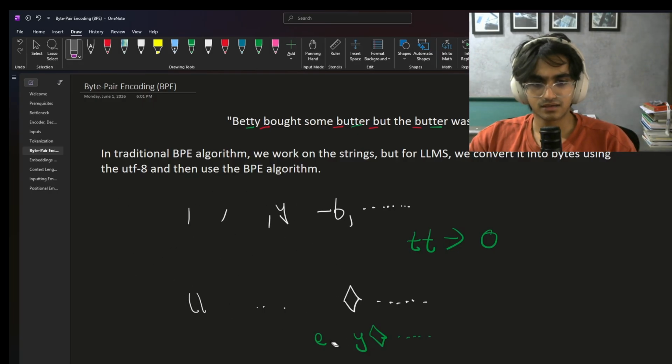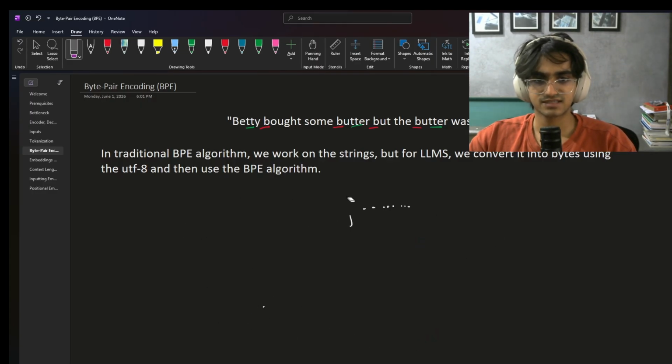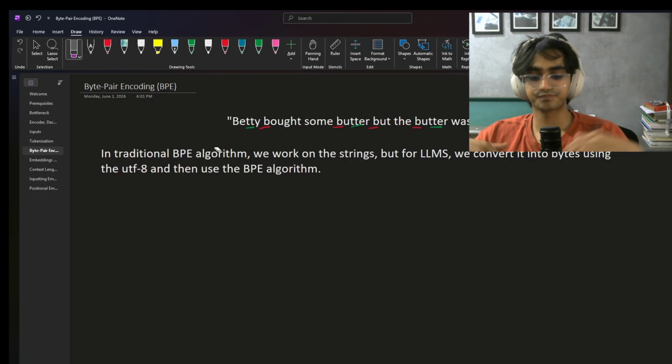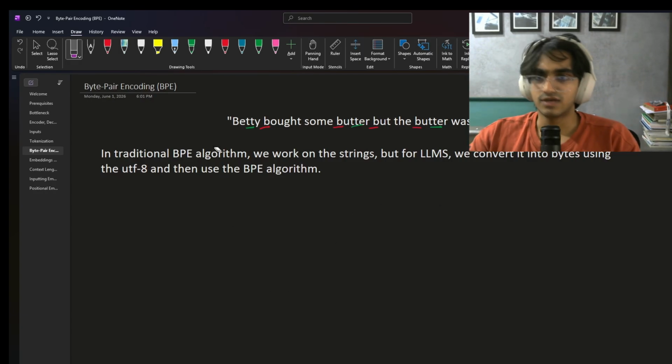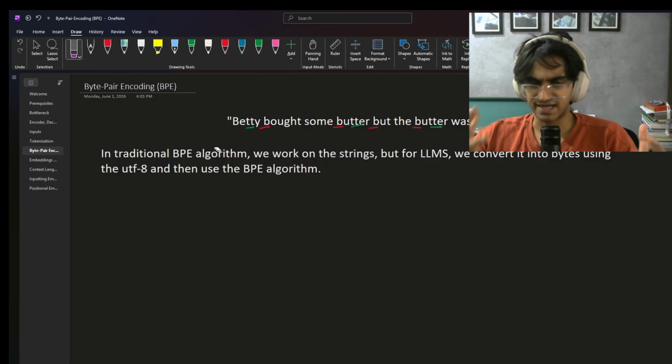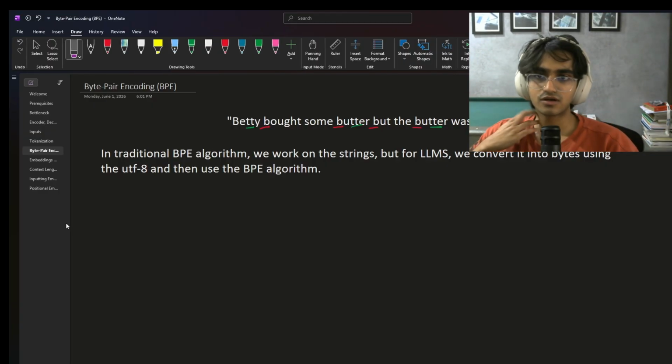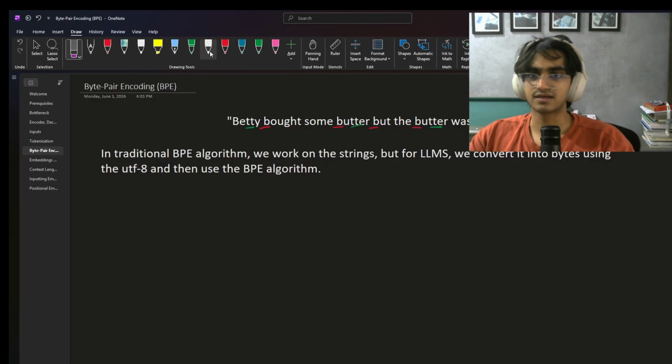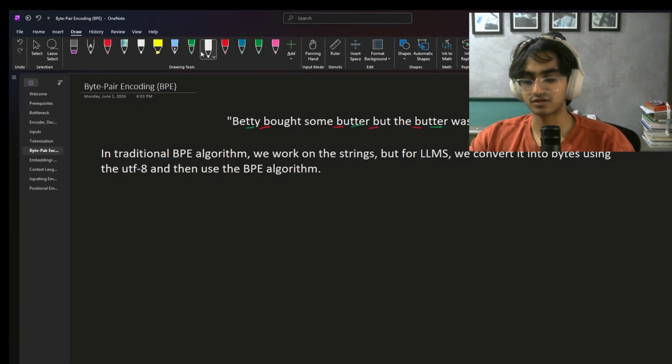So after that, what happens is we then proceed with the same encoding procedure we did before, where we take the index and we convert it. Now let me explain it to you on the byte level. So I'm going to talk about UTF-8 for a bit. I urge you to go read about it yourself, but I'll just give you a brief overview so that you have an understanding. So according to UTF-8,